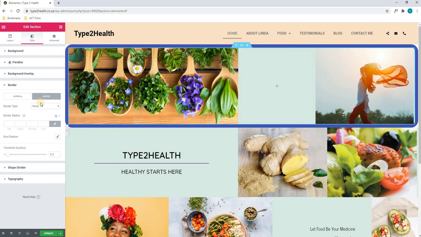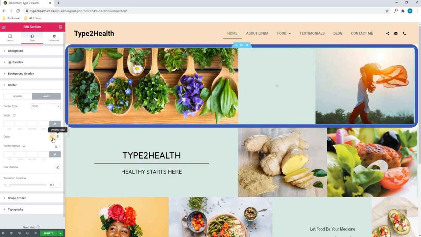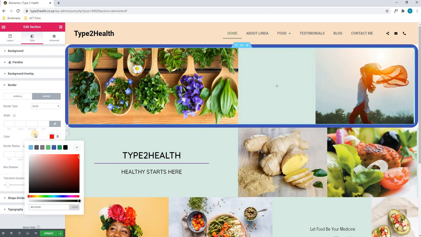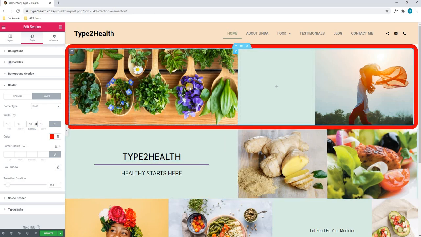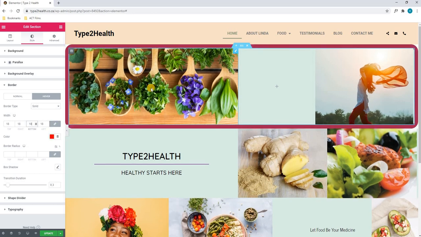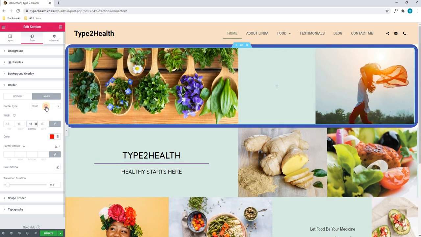We will now select a hover state, and we will make the color red to show you the difference. We will increase the size, and as you can see, it currently has a blue border pertaining to the entire section. If I were to hover over, it will change to our red hover settings, as you can see here. We will now set that back to default,